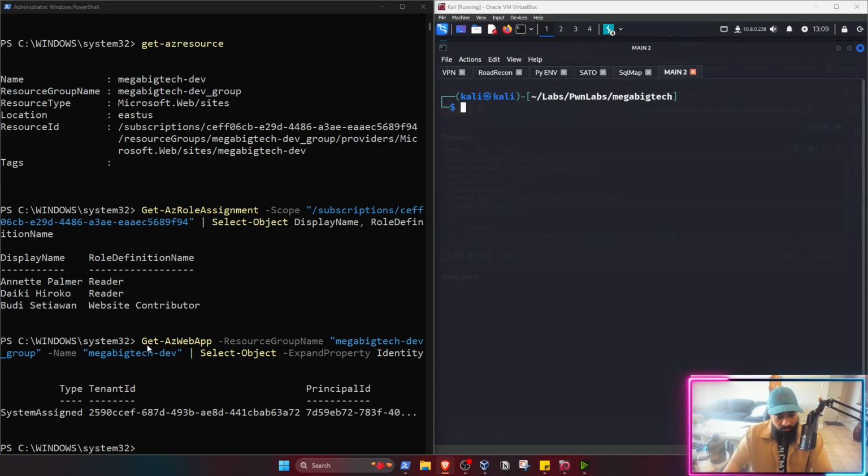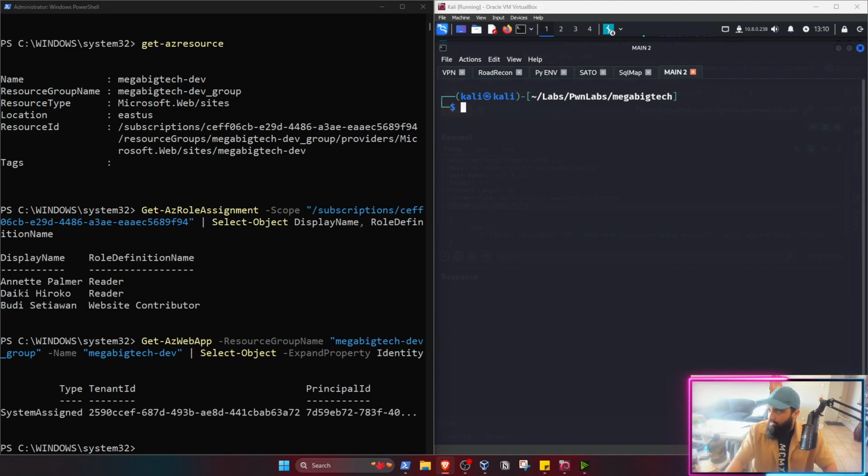So here what I did was check if this website has a managed identity. Now this is crucial because if it does, and we're able to get in any way, like an SSRF, which is common for these cloud websites or anything of the sort, we now know that we can impersonate it as an account and access resources to move laterally through this website. All right. So now that we know that,